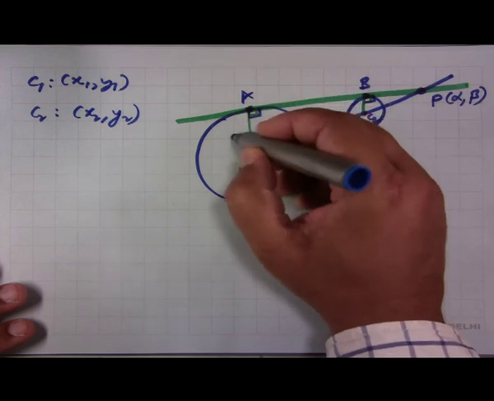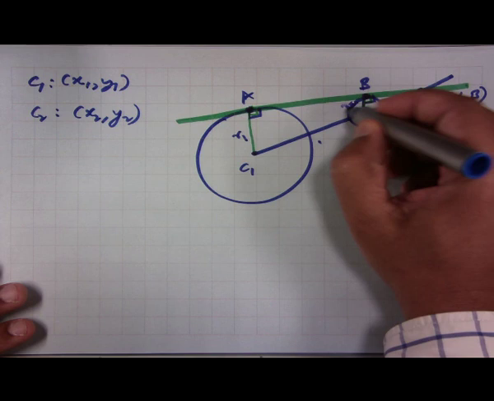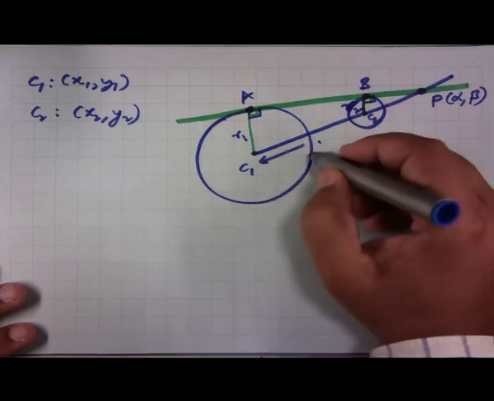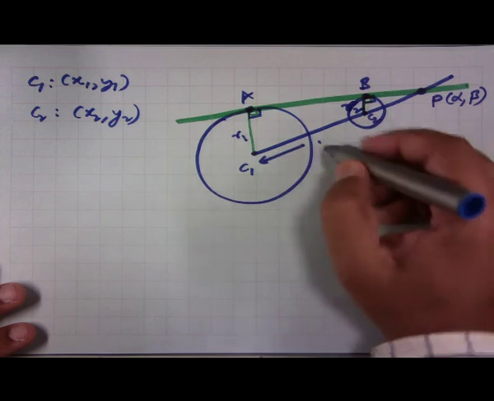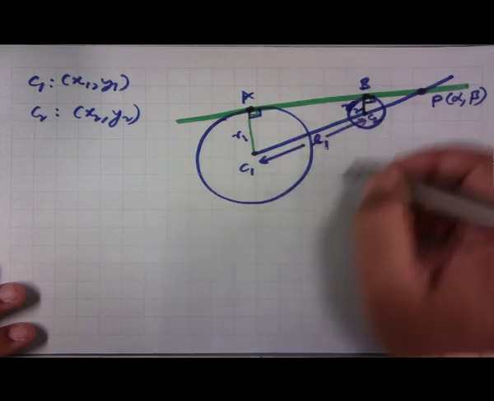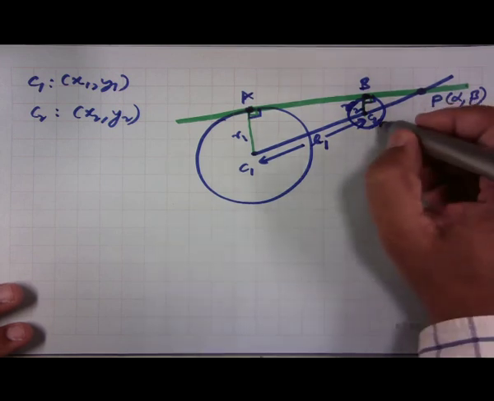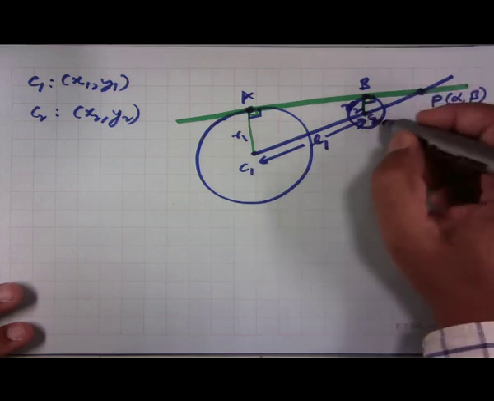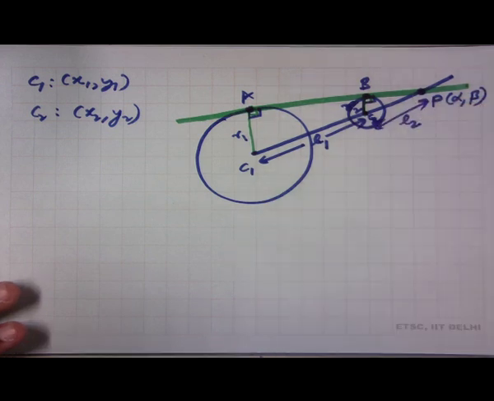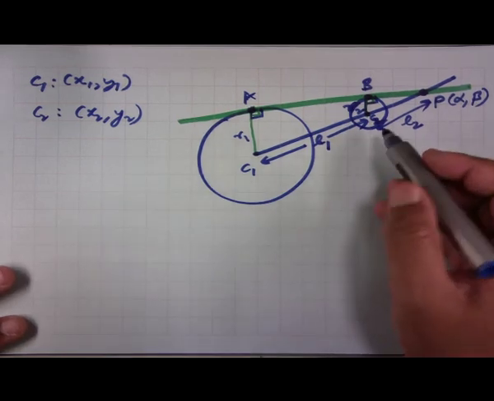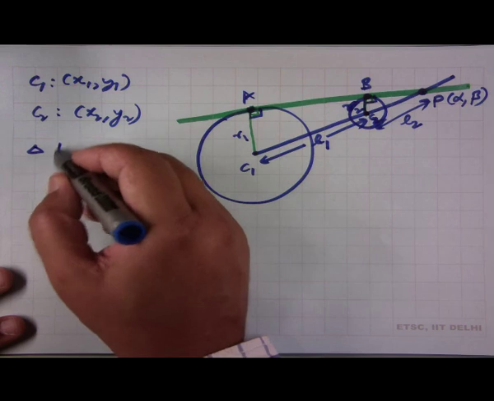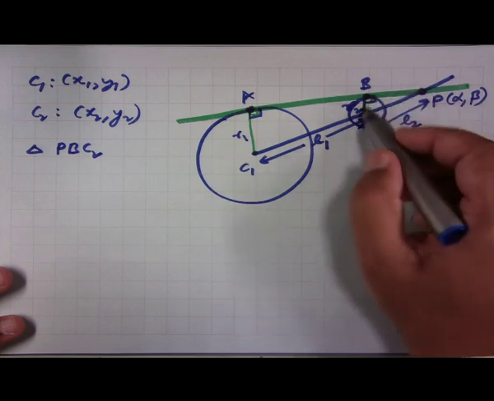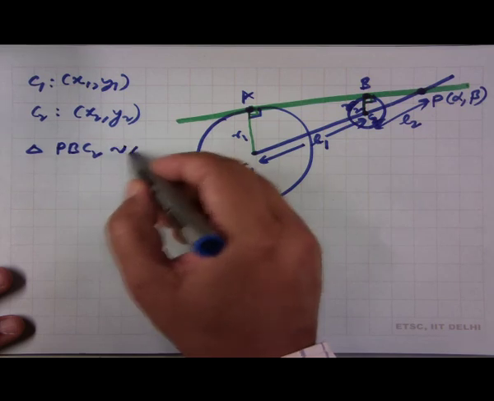So, now this is R1 and this is R2. Now, let the distance between the two centers of the circle be denoted by L1, and let the distance between this point P and the center of the second circle C2 be L2. We observe that the triangle PBC2, which is this triangle, is similar to triangle PAC1,